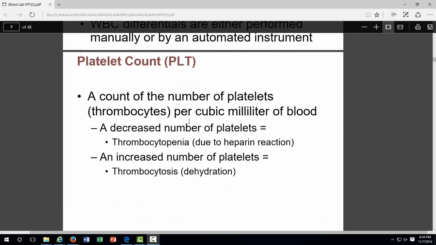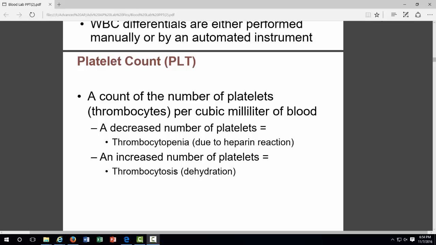So platelets, sometimes people have an increased number of platelets because of just dehydration, less plasma, so they have more platelets per cubic milliliter. So just dehydration can throw off all these numbers. But some people, when they come in for a heart attack or stroke or even a major hip or shoulder or knee surgery, they're given a medicine called heparin to thin their blood and prevent blood clots. Some people have a reaction to heparin and it destroys their platelets. It's called heparin-induced